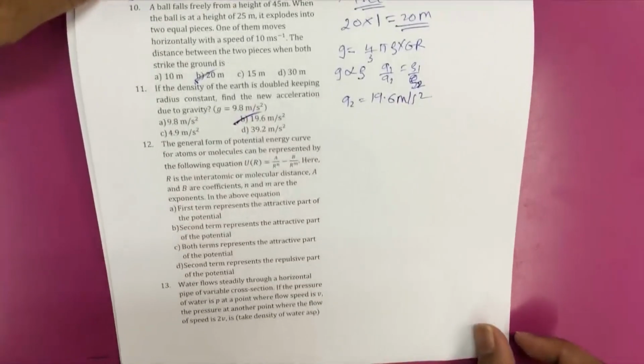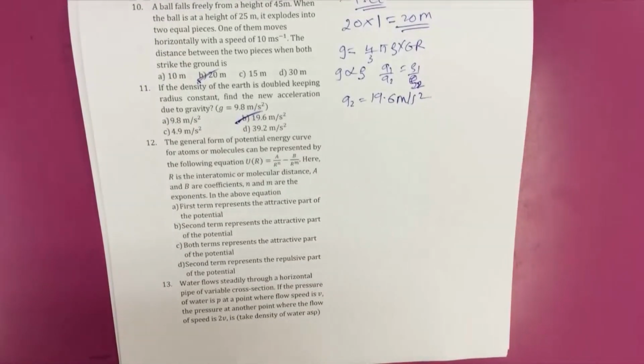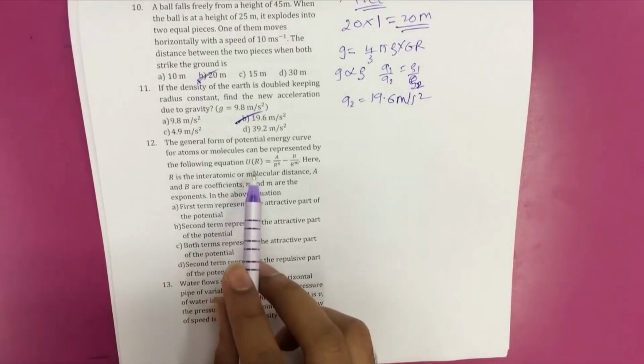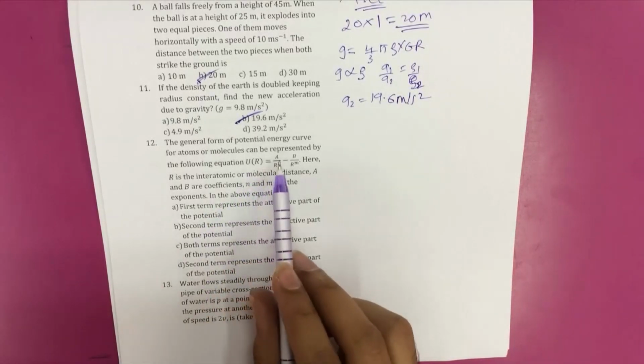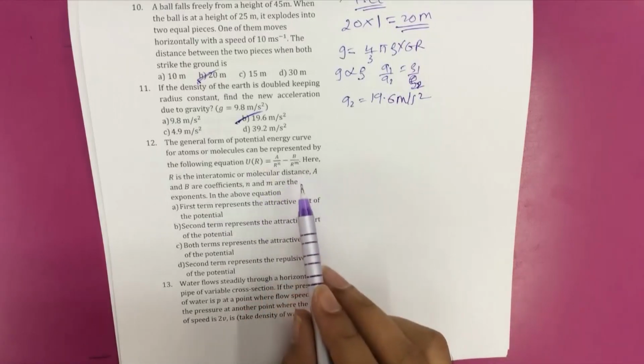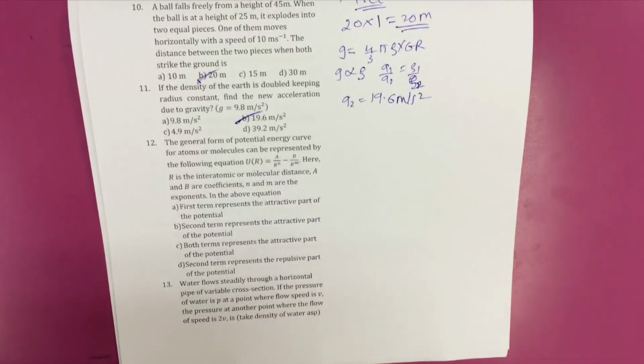Question 12. The general form of potential energy curve for atoms or molecules can be represented by the following equation. U(r) equals A by r raised to n minus B by r raised to m. Here r is the interatomic or molecular distance, A and B are coefficients, n and m are the exponents. In the above equation,